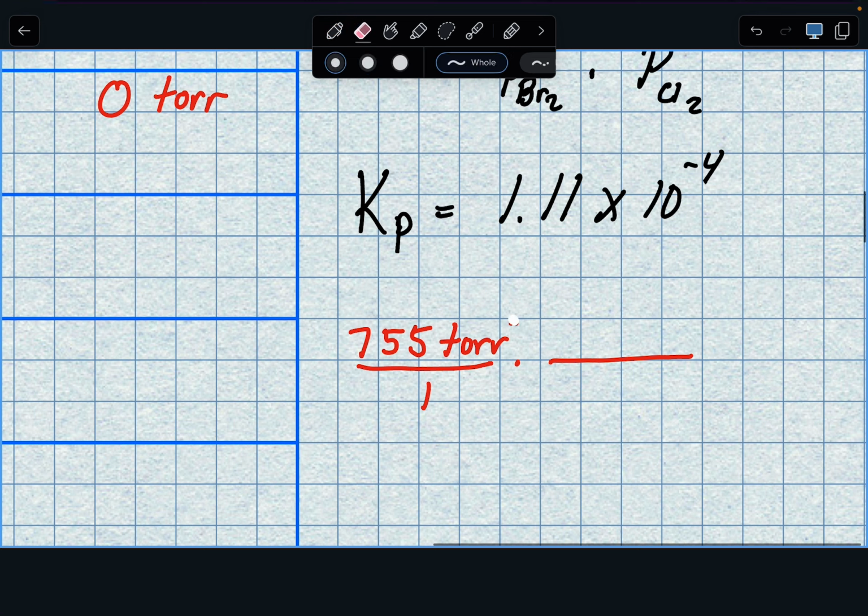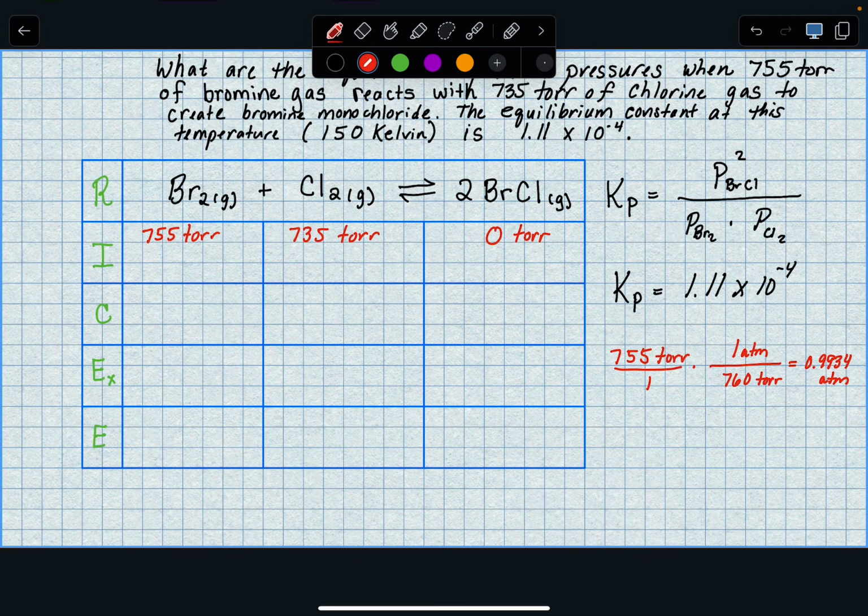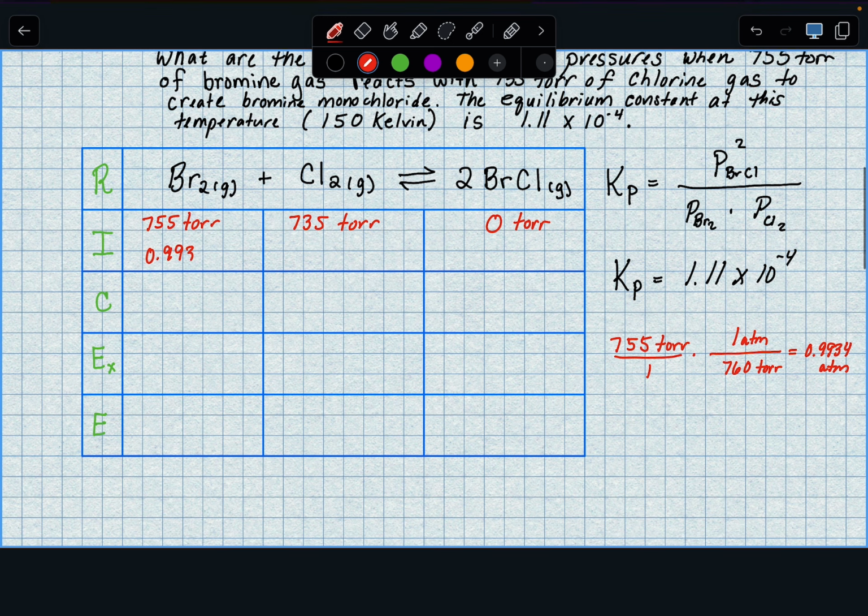This is actually in another video I have on how to convert gas pressure units. In case you don't remember, you can watch that. I have 760 torr for every 1 atm. And this is going to end up giving us 0.9934 atm. And that's going to be the partial pressure of my bromine to start with here. 0.9934. And then I'm just going to tell you the other one converted, to make it a little faster for the video,